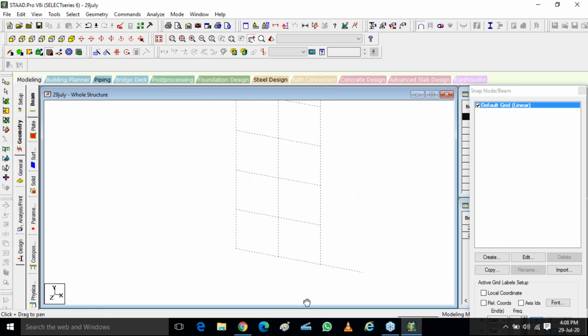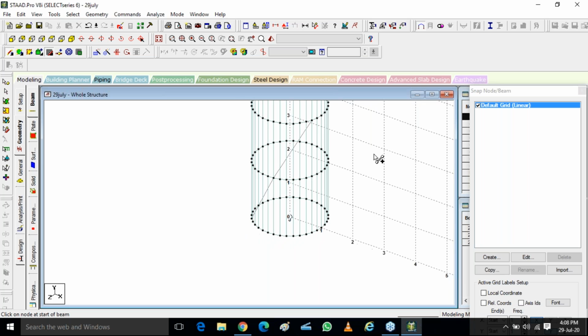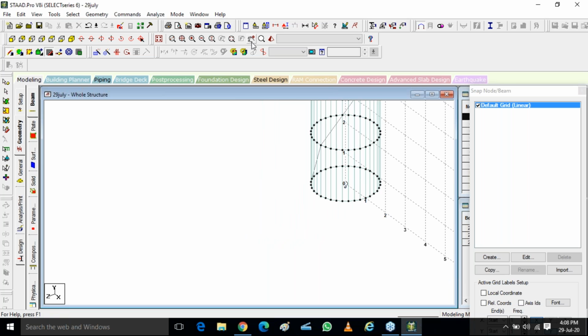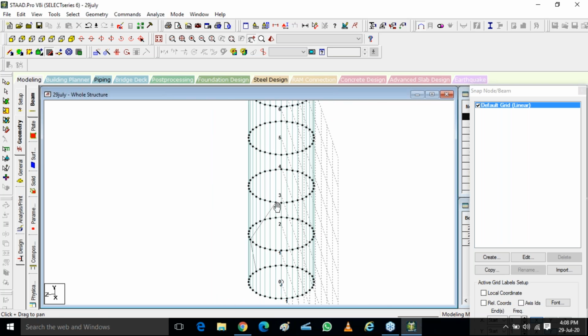A bit of pan, then this to this. From this to this. Like this you have to go.